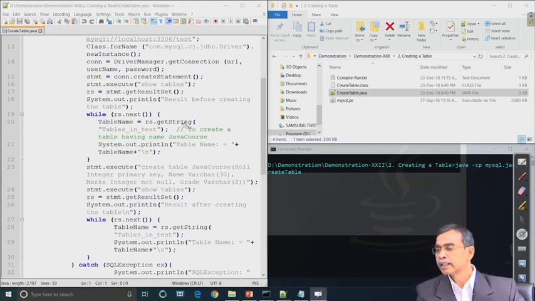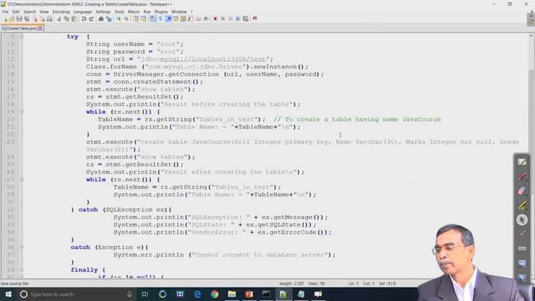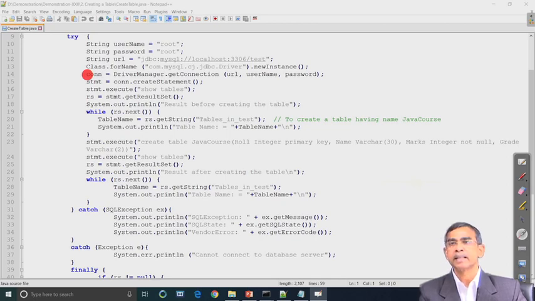So, here is the program. The first few parts of the program are obvious, connecting to the server using JDBC: loading JDBC, connecting, all these things are there.